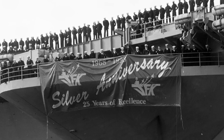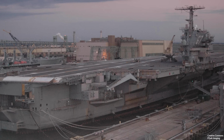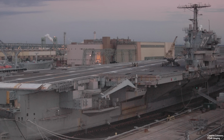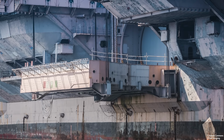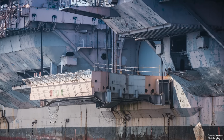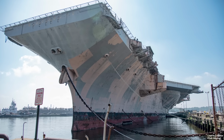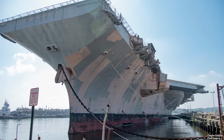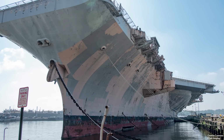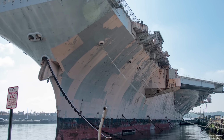To much fanfare and celebration, 30,000 family members and supporters welcomed Big John, as the ship had come to be known, back home in a celebration more enormous than any seen in the last 40 years. The USS John F. Kennedy continued to serve into the 21st century, participating in the War on Terror. However, she had become highly costly to maintain. So on March the 23rd, 2007, the Navy decommissioned her, reaching the Philadelphia Naval Shipyard on October the 16th, 2009. The Navy struck her from the Naval Vessel Register on the same day, and now she remains there, awaiting her